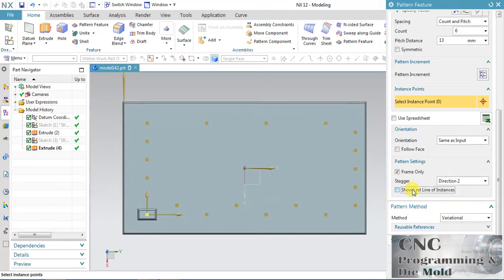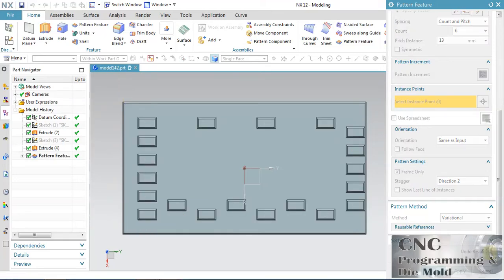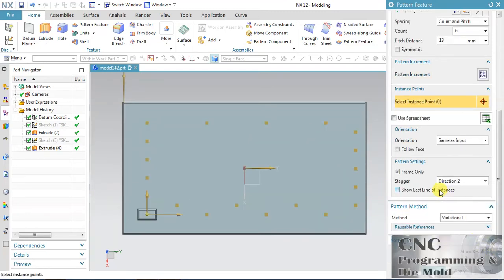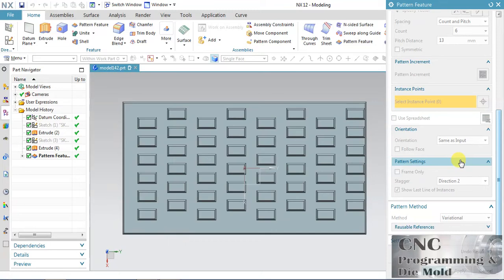Or just remove this, show last line instance, so only the first line will stagger. Or we can do one more thing, just remove this frame only, so this will show like this.